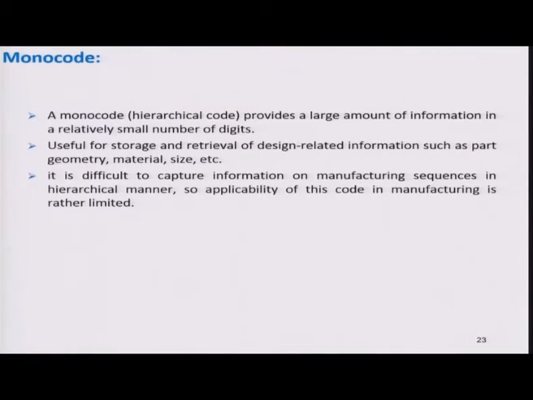And it is very difficult to capture information on manufacturing sequence because it is in a hierarchical manner. So the applicability of this code in manufacturing is rather limited. Suppose you have a code 3 2 5 6 7, and this code depends on previous machining operations.